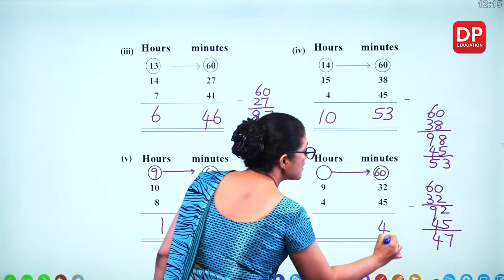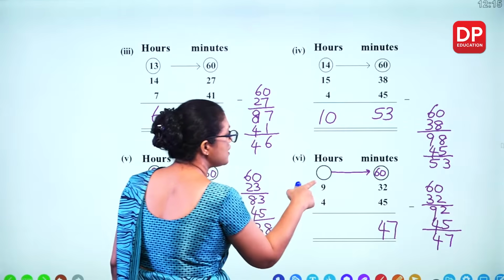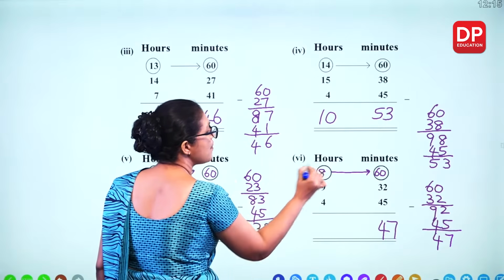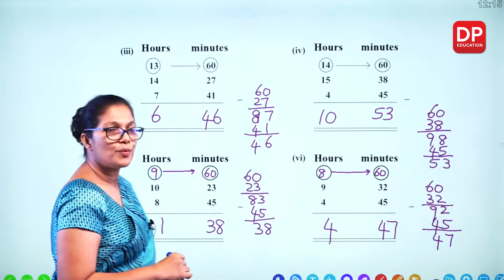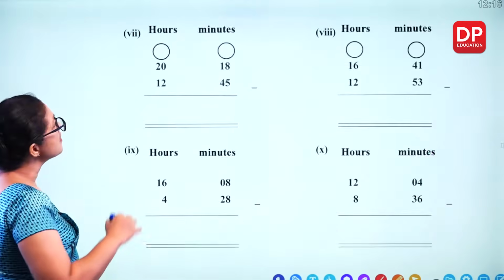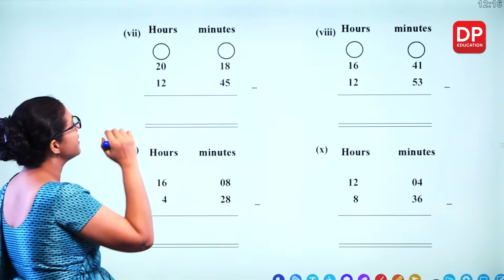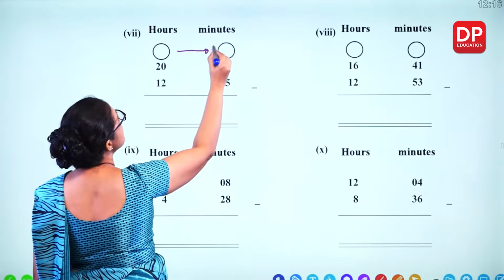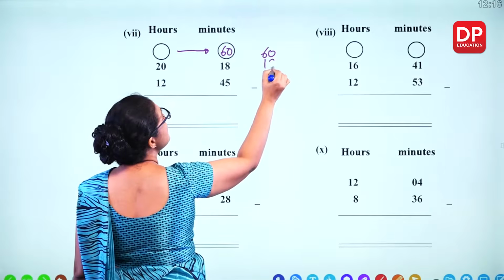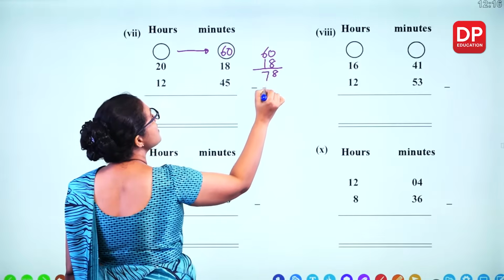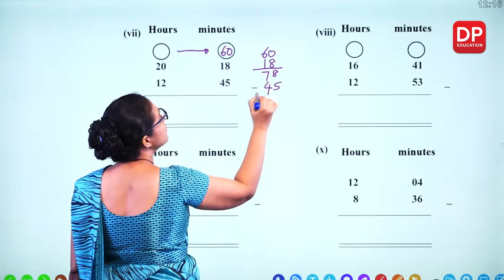47 minutes. Now this becomes 8 now. 9 minus 1, 8 minus 4 becomes 4. You can't subtract 45 from 18, so you have to take 60. 60 plus 18, 78. Subtract 45,